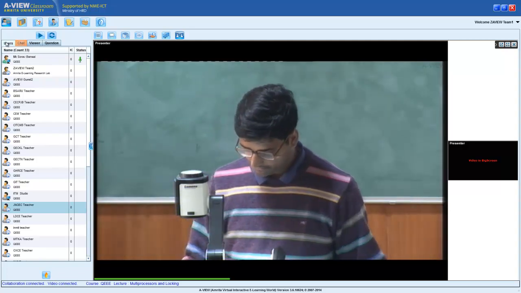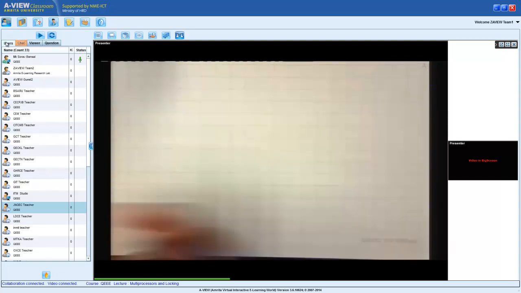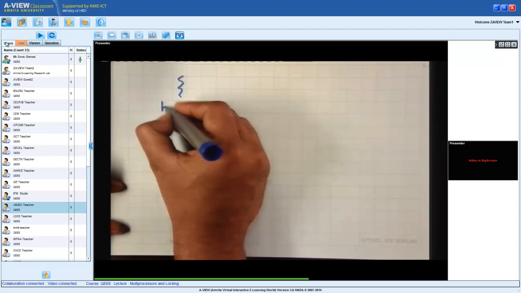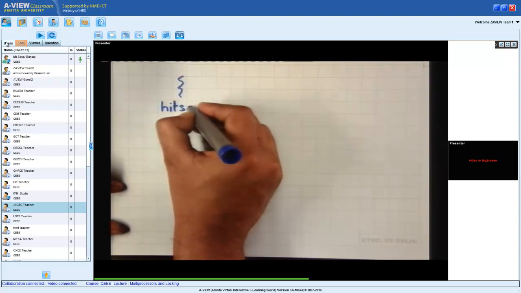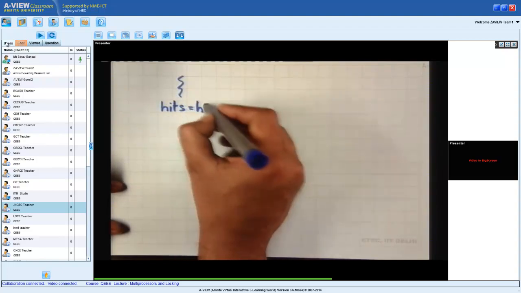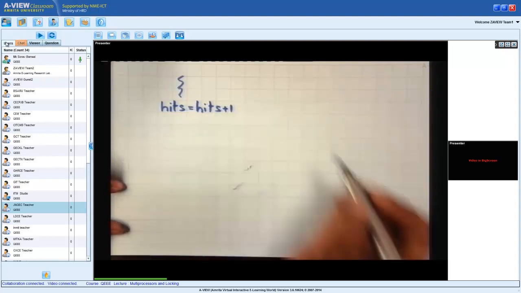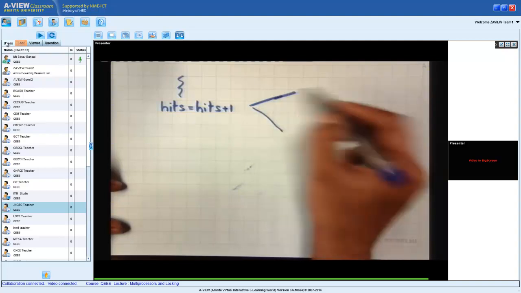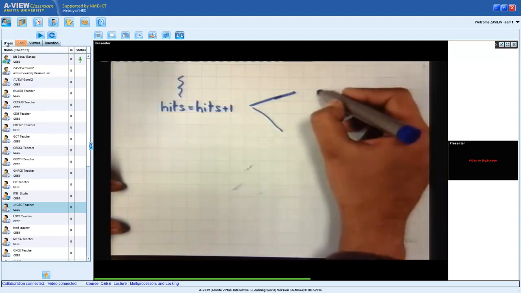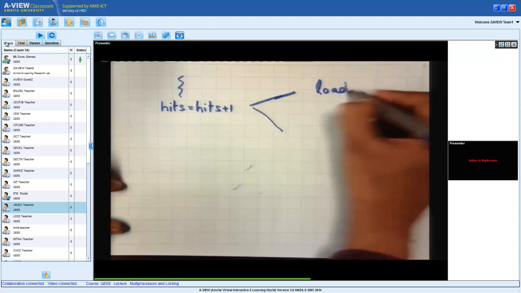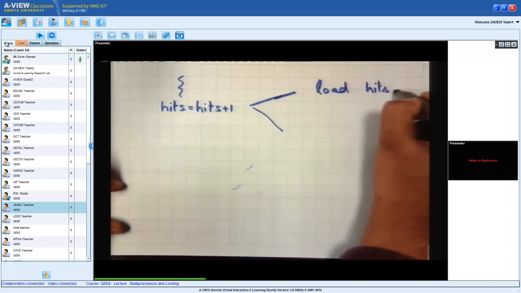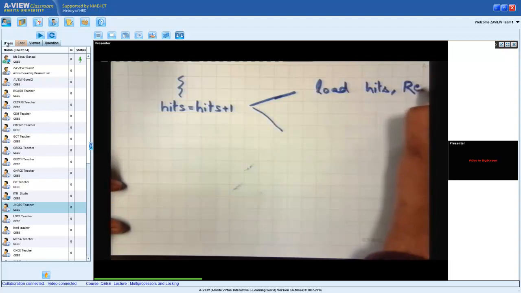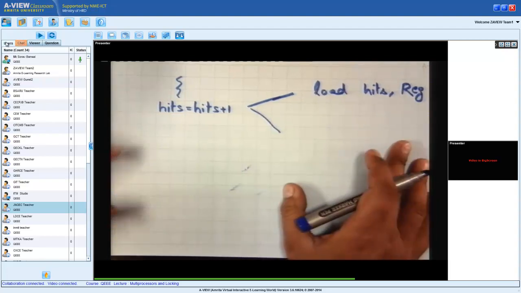Once again, let's say this is thread 1. It says hits is equal to hits plus 1, right? And let's say this code gets translated into 3 instructions. First instruction is load hits into register R. It's a register, reg. Okay.